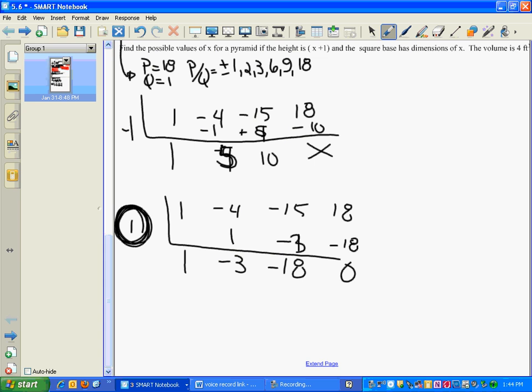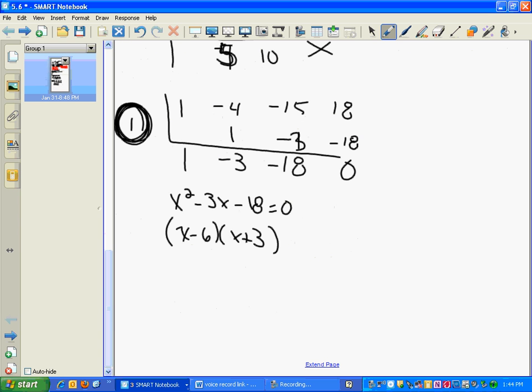Don't forget it. That means I have x squared minus 3x minus 18 equals 0. I can use the quadratic formula, or I can factor, right? This is going to factor to x minus 6 and x plus 3, which gives me values of 6 and